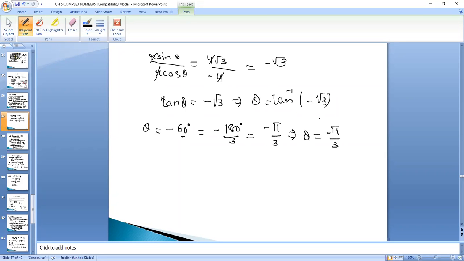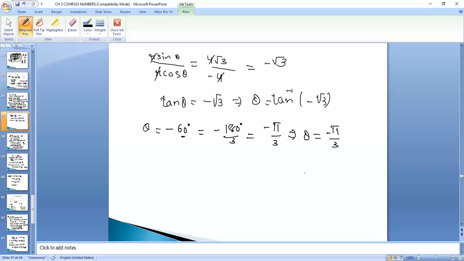There are two ways: either change the quadrant, as yesterday we wrote the value by changing the quadrant, but I have referred to the yearbook. According to the standard, you can also write theta is equal to minus pi by 3. So you need not change the quadrant. If you find changing quadrants difficult, whenever a negative sign comes, you can just write theta is equal to minus pi by 3, so that it will be easy for you to write the angles, right?